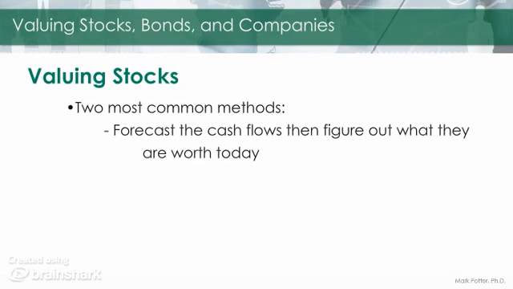The first is in terms of a discounted cash flow approach, in which case they forecast out cash flows that are relevant to them and figure out what they are worth today. And the other approach is that they use peer companies or benchmarks as a guide to figure out what something is worth to them. And so they're going to adjust these according to how your organization differs from your neighbors, for example. But that's, in a nutshell, how equity is valued.